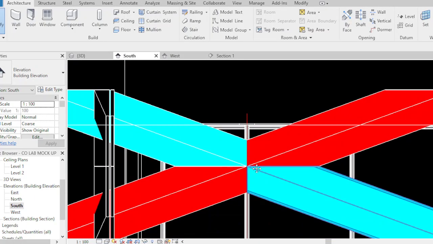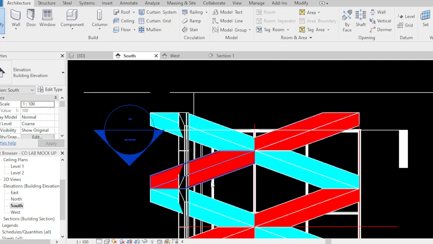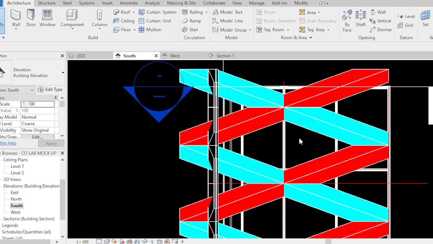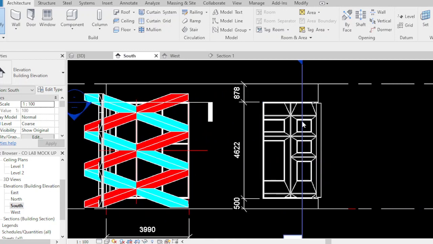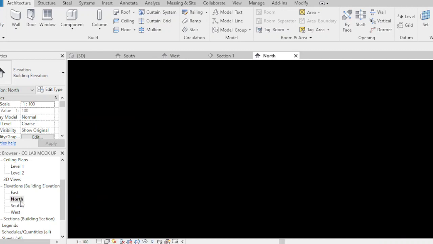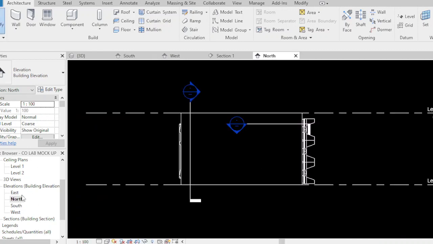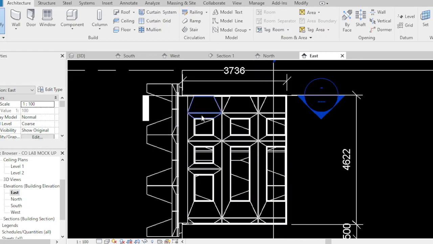I don't put the bracket because it's inside, it will not be seen on the section, but I can do that, guys. Also, I can put it here. On the other side, I did not. Let's go to the north side, east side. How about inside? I did not put a